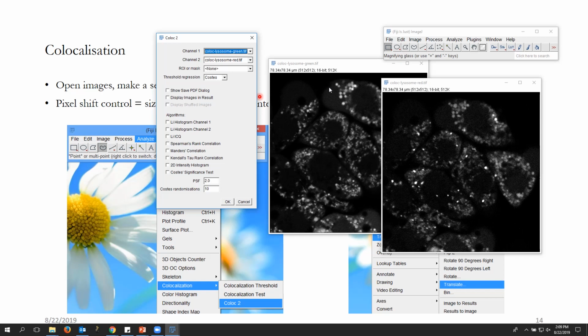Had there been a lot of background, then I would maybe use a mask so that I can get rid of the background. If you want, you can email me on how to, or you can Google search on how to create a mask for the image. Okay, then let's keep it like this. Point spread function is 2 because I have sampled it at Nyquist, and click OK.